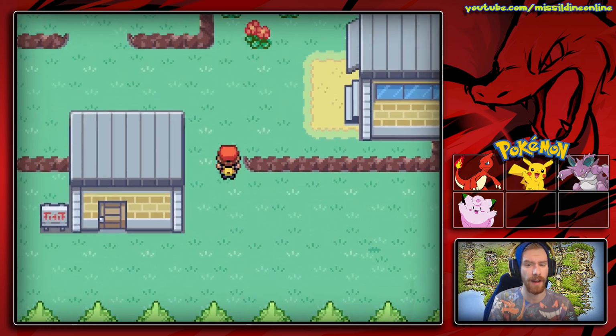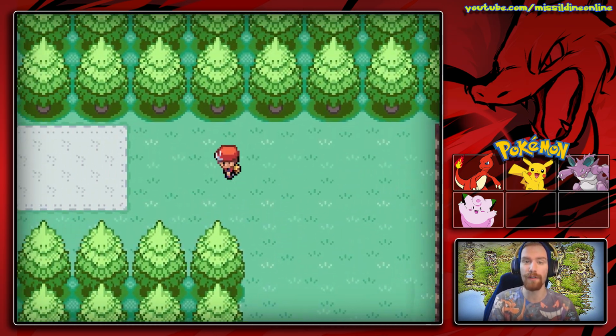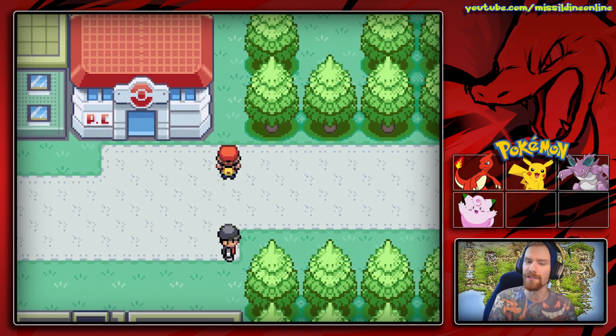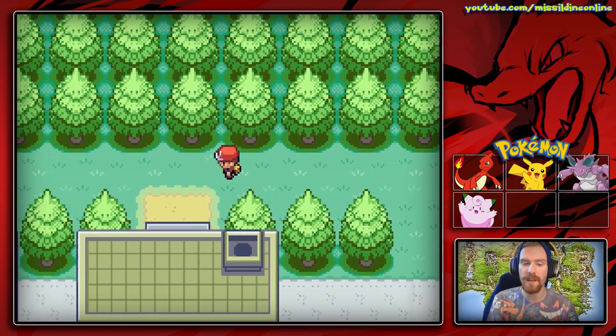That's the only item that we can find on this route. This is a super small route. It's only this little tiny area. And right over here to the west is Celadon City. This is the first time that we've been able to see Celadon City. So first things first, we're going to head all the way up here, because there is not only an item